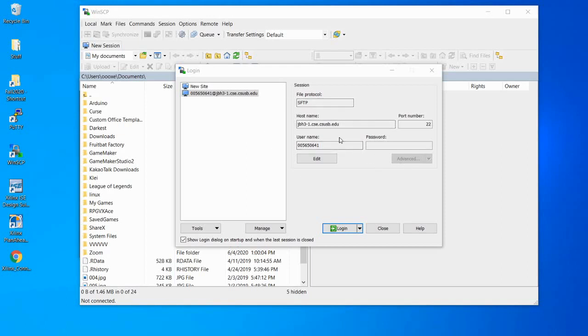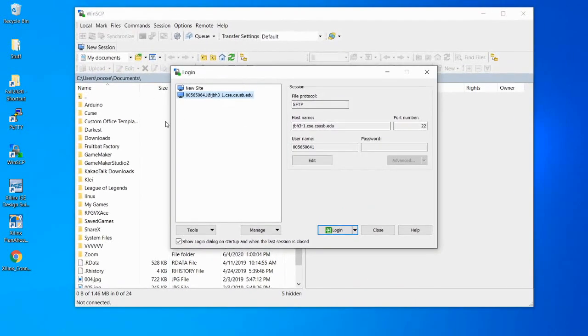So when SCP opens, there will be two windows. We're gonna focus on the login window right now. This should all be blank as it's your first time opening this. For the host name, you can do, as I mentioned earlier,